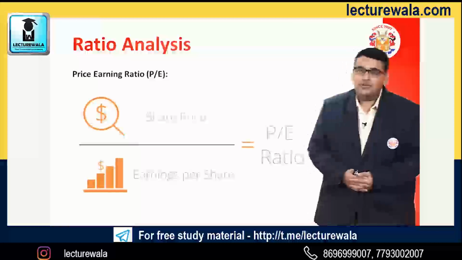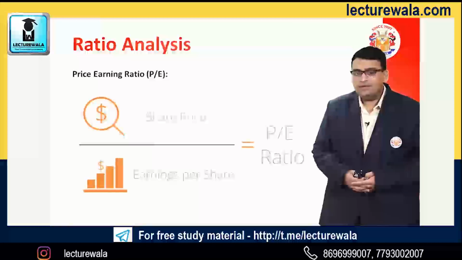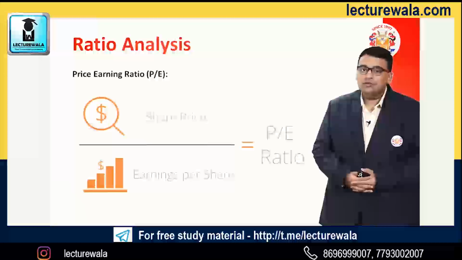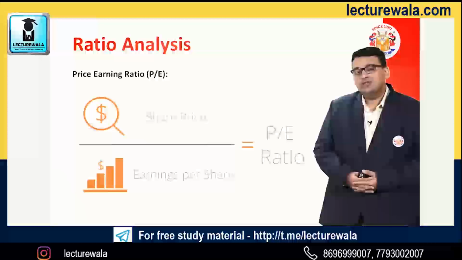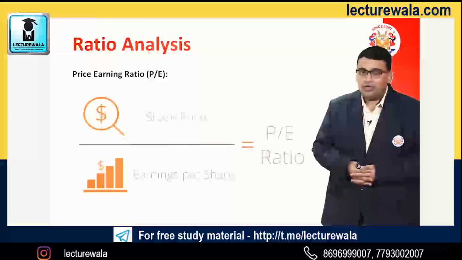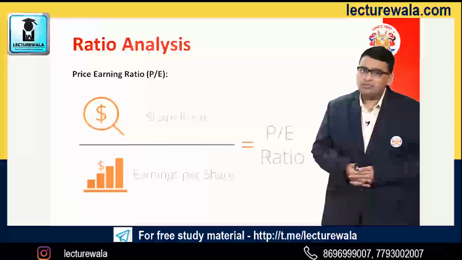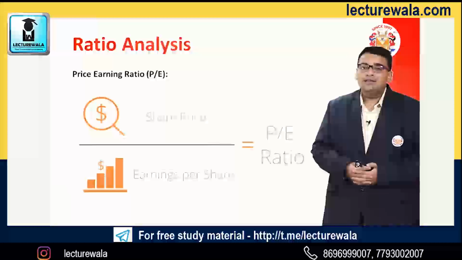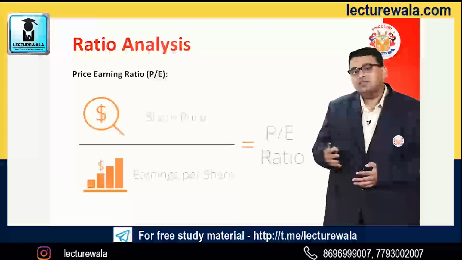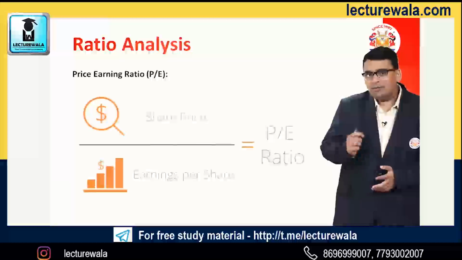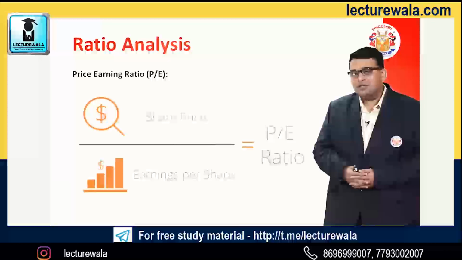Hello friends, today we are going to see the new topic, that is PE ratio, that is price earning ratio. What does the price earning ratio want to indicate? The price earning ratio wants to indicate how the market price per share of your stocks is getting affected by the earning per share. Whatever the company is earning for its shareholders is described in the financial statement. Based on the EPS, that is the earning per share, the company's market price also fluctuates.